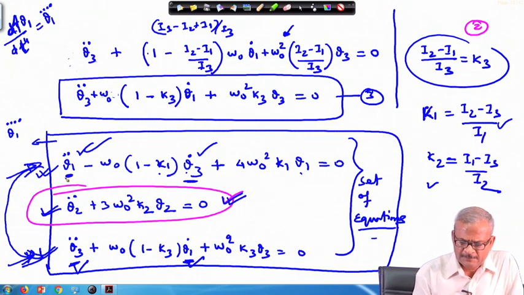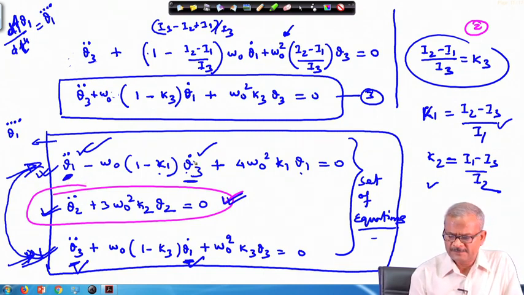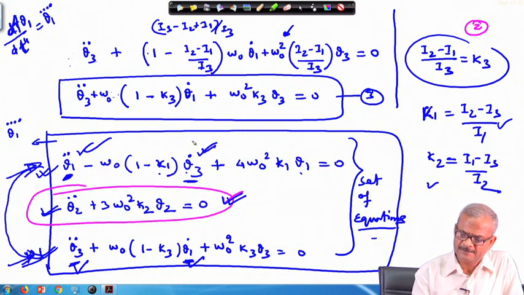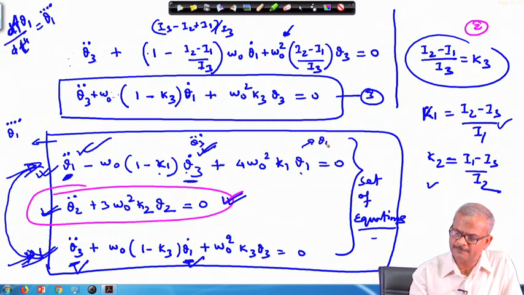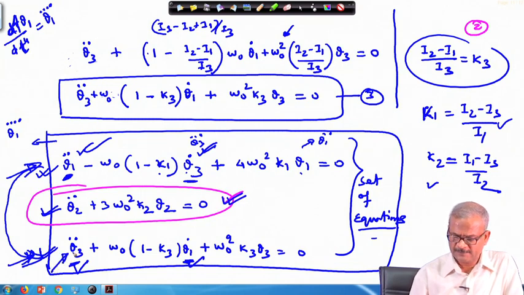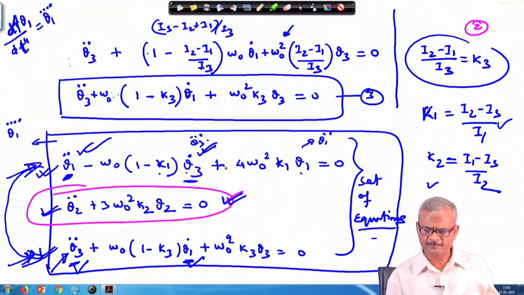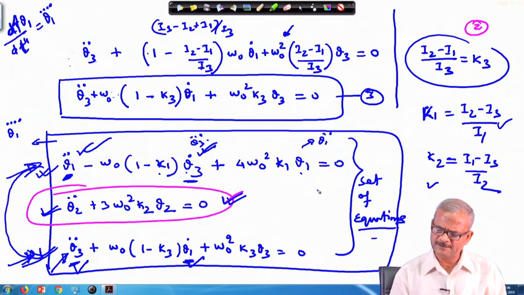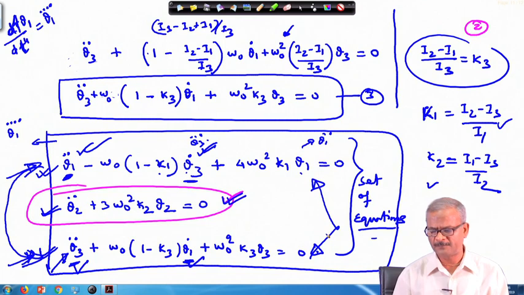Now, if we do this, you will see that theta 3 double dot will appear in this place, here it will become theta 3 triple dot, and here this will become theta 1 double dot. Okay. So, we can differentiate this particular one once, and theta 3 triple dot I can insert here. This way I can eliminate it, but it is much easier to do in terms of Laplace transform. So, these two equations I will do in terms of Laplace transform rather than stretching the differential equation, and this part we can take up separately.